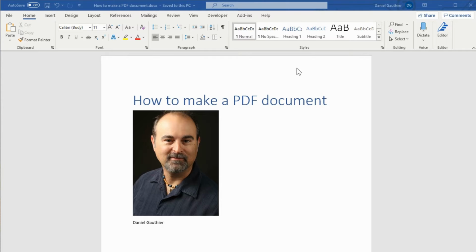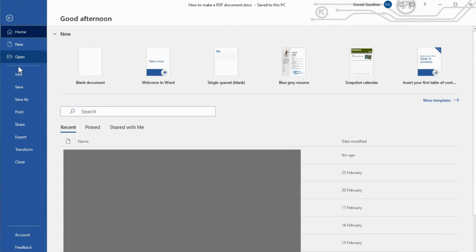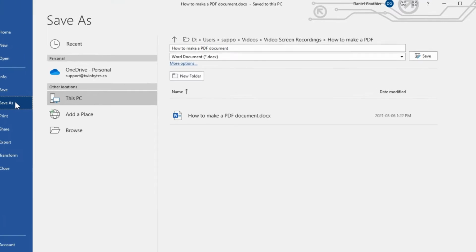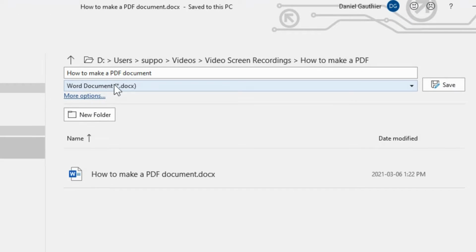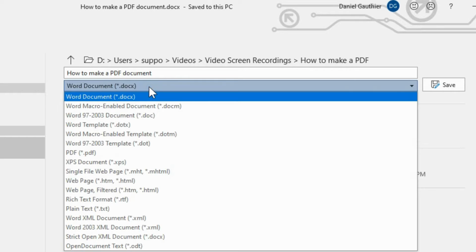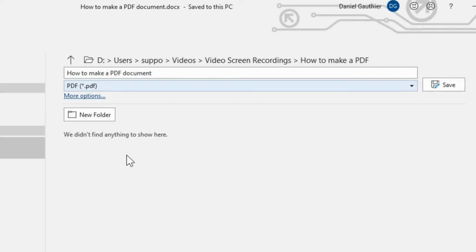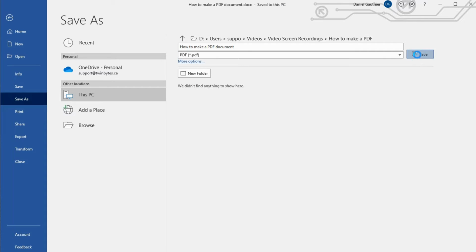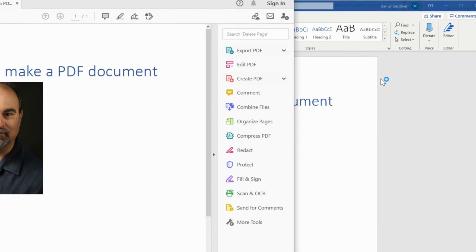So right now I'm in a Word document. So you can create any Word document or take a Word document that you already have done. And you can simply go up here to File, Save As, and at the top here there's an option. You can give it a name, and it says it's going to save it as a Word document type. So you can click in there and choose PDF and save it. And it's as simple as that.